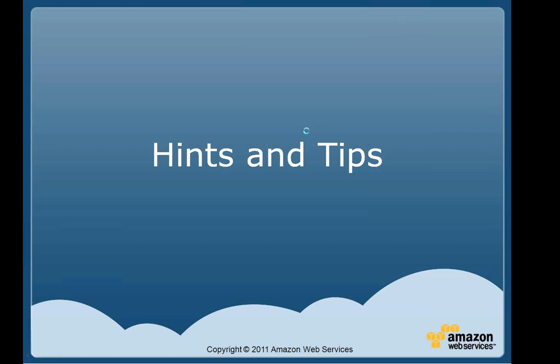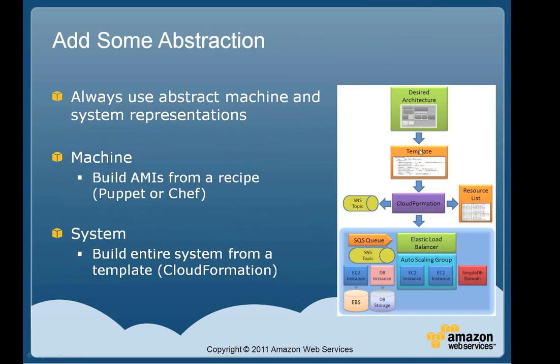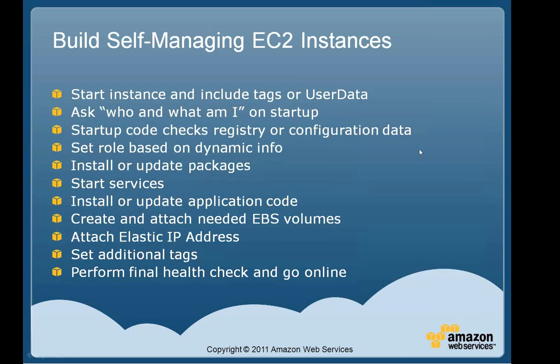So one of the first things that we're going to talk about here is building on this idea of the self-managed EC2 instances that Attila was talking about. There's a couple different starting points you can go with this. You could start off using fixed or pre-configured AMIs, and then do additional configuration on top of that. Or you could start with fully dynamic AMIs, where you're going from a base image